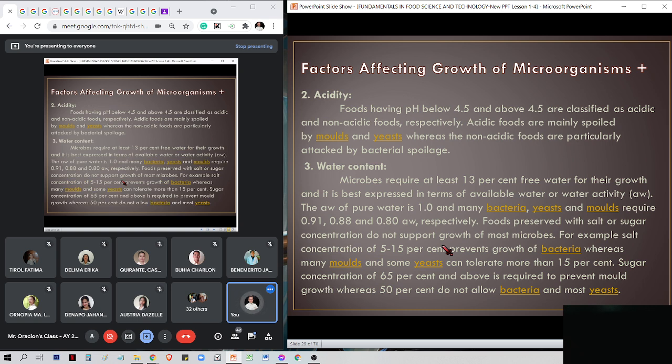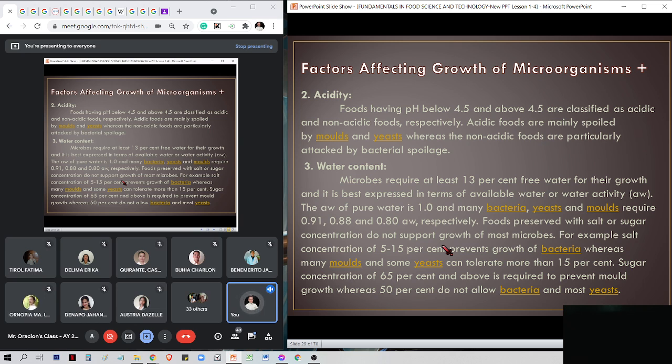When you talk about pH, this is the level of acidity in a food. Food having a pH below 4.5 and above 4.5 are classified as acidic and non-acidic foods respectively. Acidic foods are mainly spoiled by molds and yeast, whereas non-acidic foods are particularly attacked by bacterial spoilage,